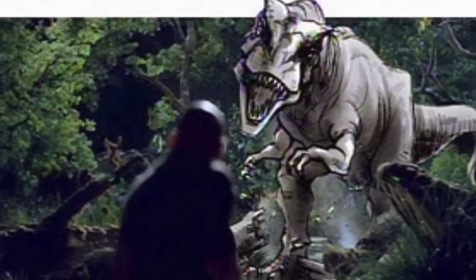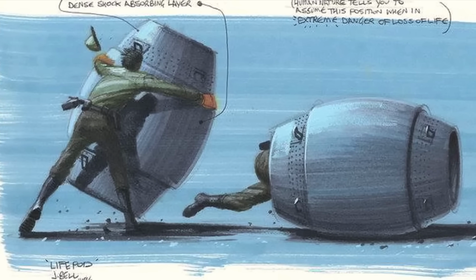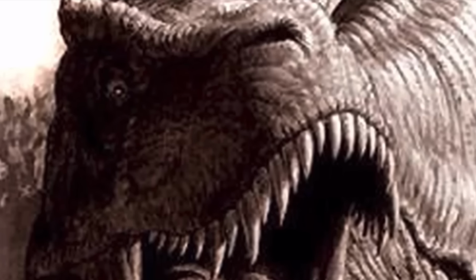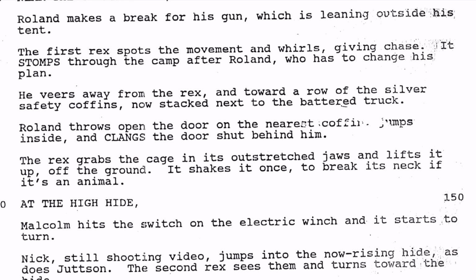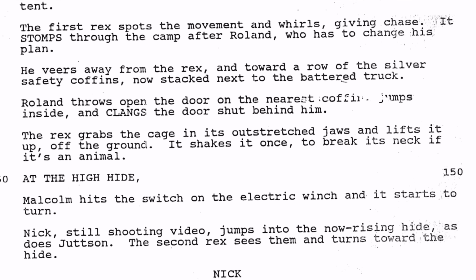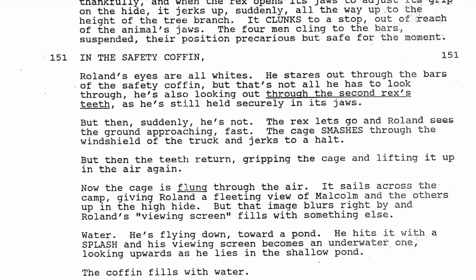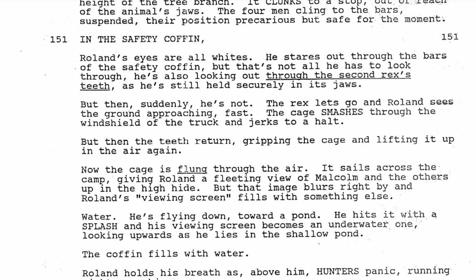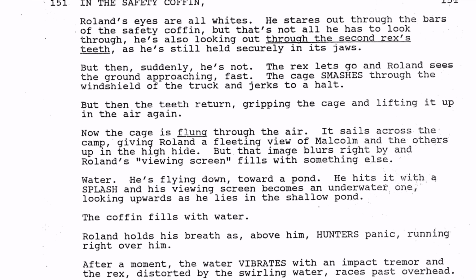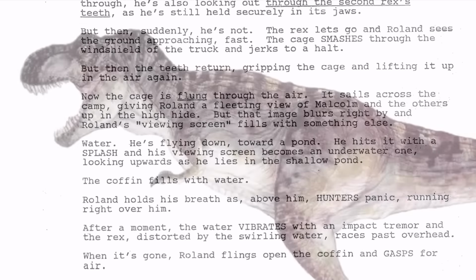And what happens is the T-Rex is coming towards Roland Tembo, he gets in the life pod, and as he does, the T-Rex actually bites onto the cage. And the way they write it is that you're looking from Roland's point of view, out from the bars, and all you see is teeth, and it throws him all over the place. It's scary. It's a very cool scene. It's a very Lost World scene where you could just imagine this character stuck in a little position where they could die, but they eventually get away after the T-Rex throws the cage on the ground and goes after the hunters when they're running through the valley.